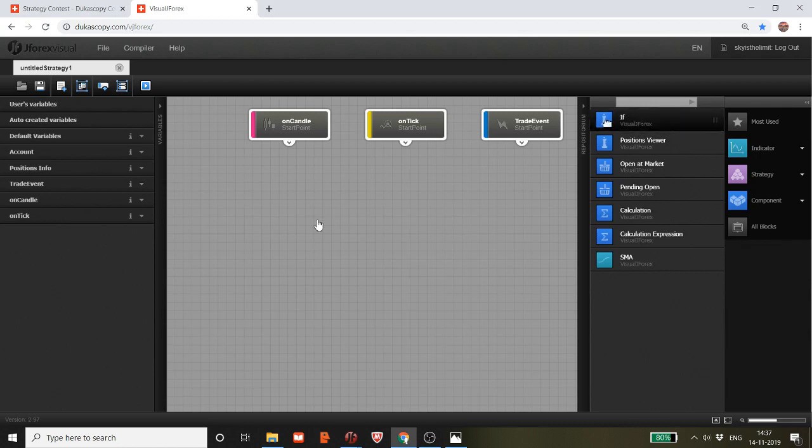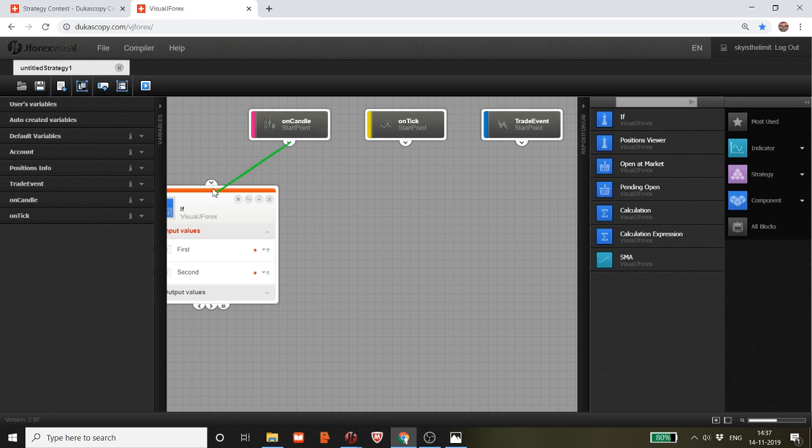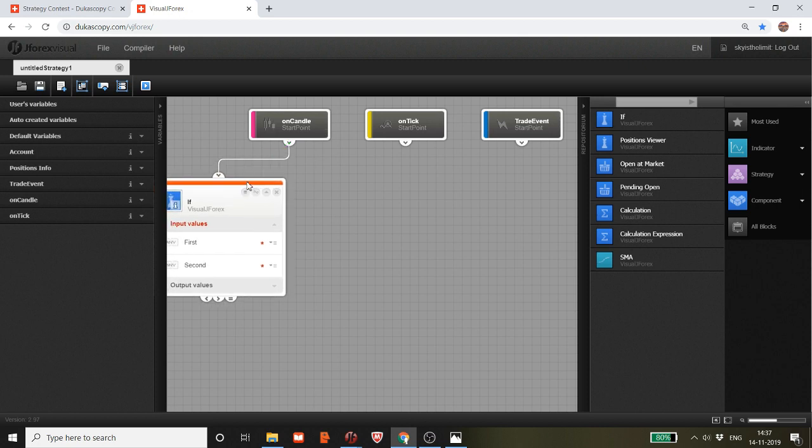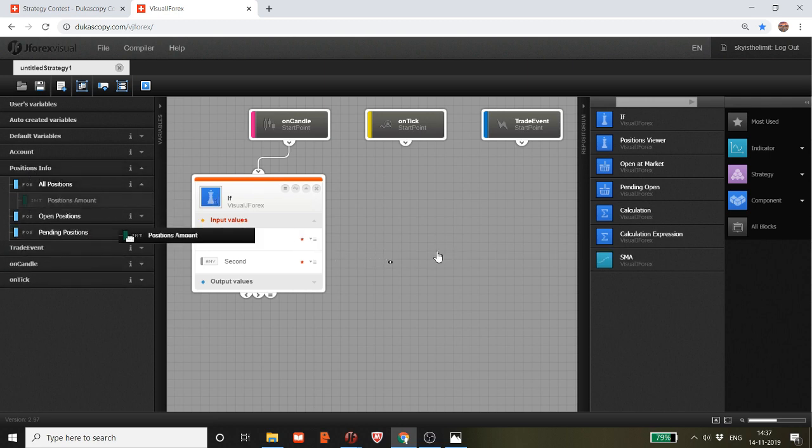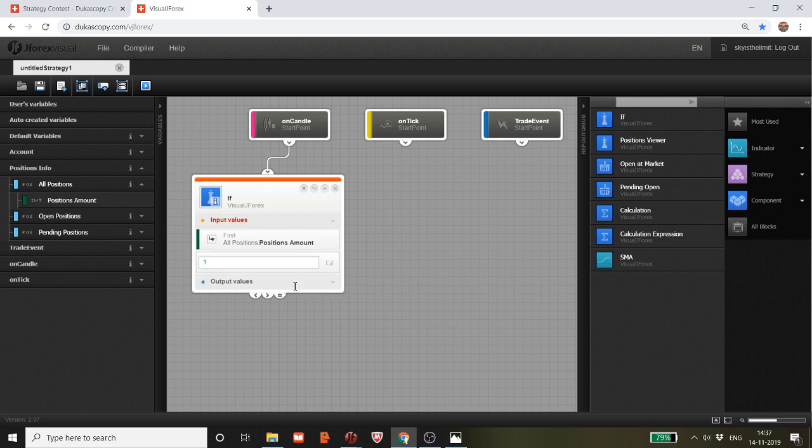First start with the blocks. Then take the block,